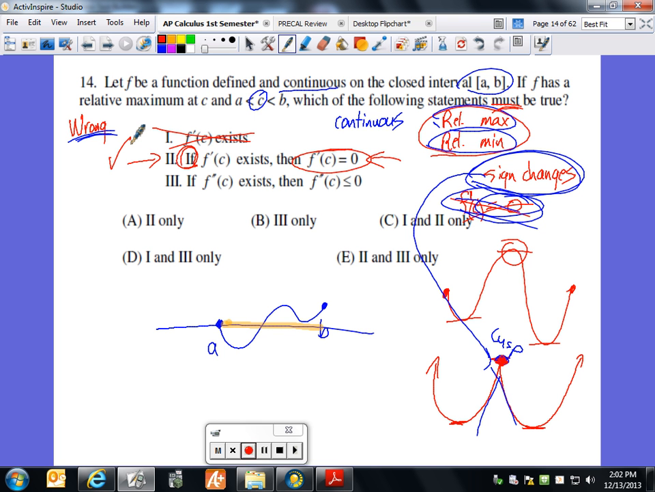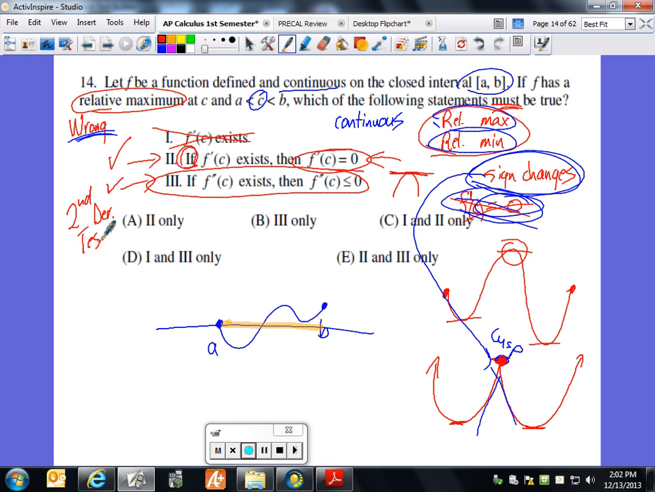3: If f double prime of C exists, then it is negative or equal to 0. So by looking at this, it is going to be negative or equal to 0. In this case, it's going to be negative because this shows the concave down, this shows the slope is 0. This is a relative max. If you look back into your notes, this revolves around the second derivative test. It's concave down, and it's also